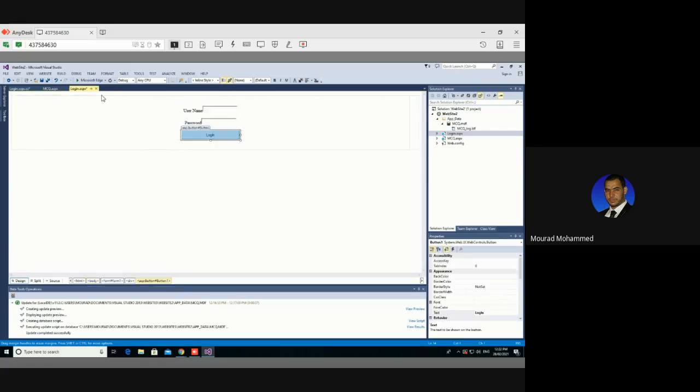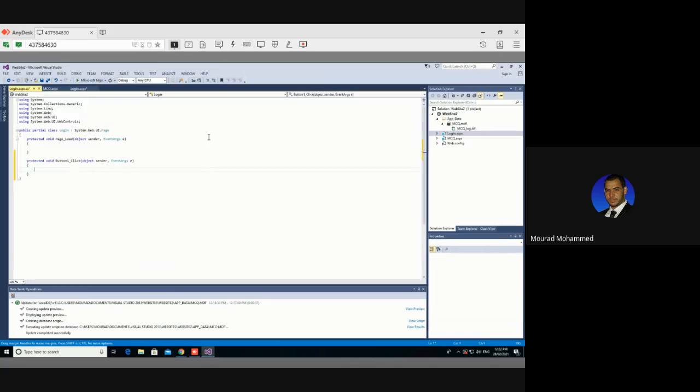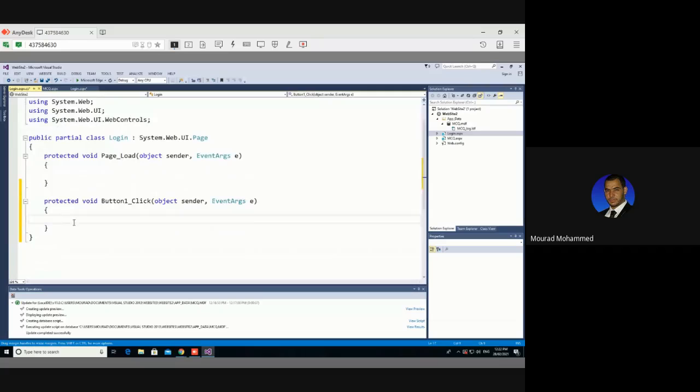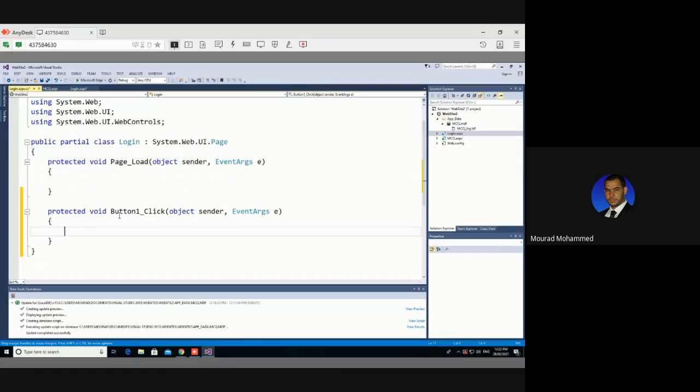Let's do that. So I said statically we are going to use the username and password. The event handler is the login. I'm going to check the username, which is in text box 1, and the password, which is in text box 2. If I click this login button, the event handler is login. Double click, exactly. Here it is, in the correct position. Inside button 1, I'm going to check if text box 1.text